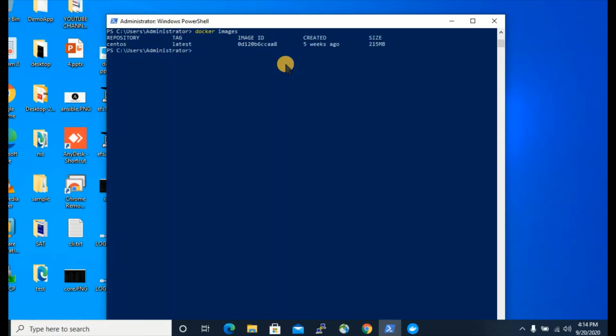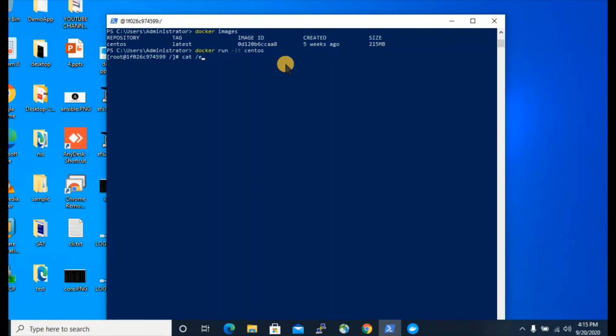In docker images, you will find the latest version. If you want to run it, use docker run -it, which is interactive mode with a terminal, and give the image name. Yes, we got the console.